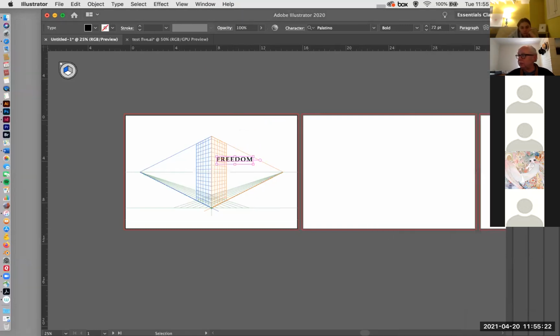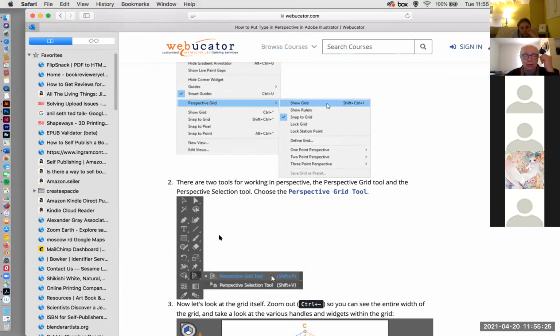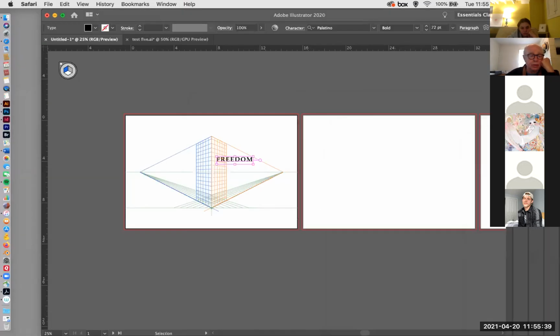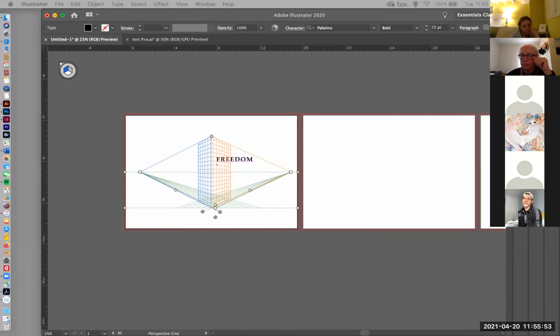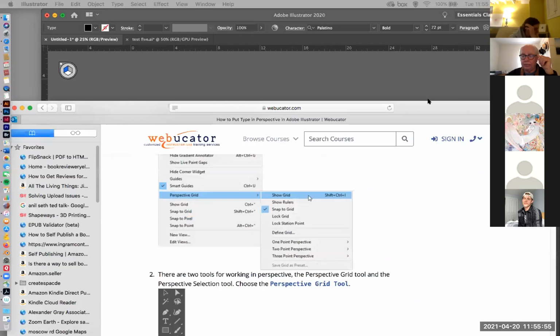Now what it says here, I like the movies, but I didn't have to read it. There are two tools for perspective: the perspective grid tool and the perspective selection tool. Choose the perspective grid tool. It's right there, okay. Perspective grid tool. And I guess here you can change it. And then it says,